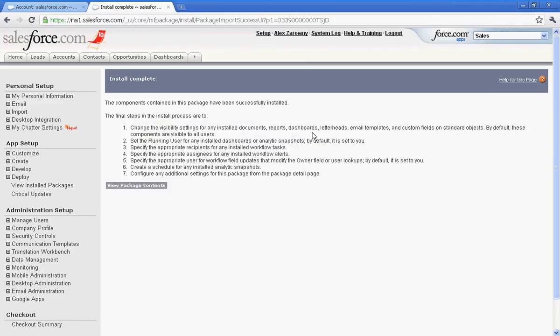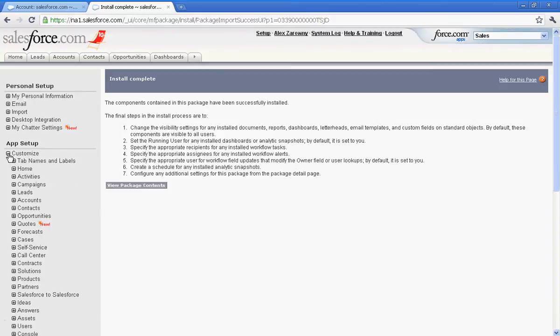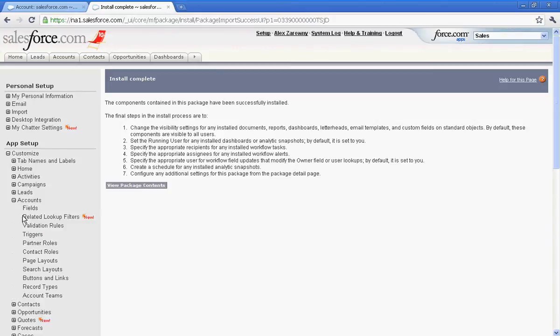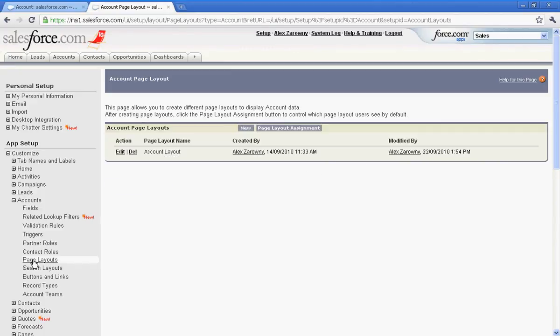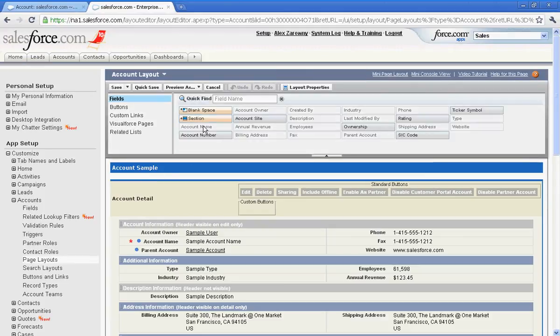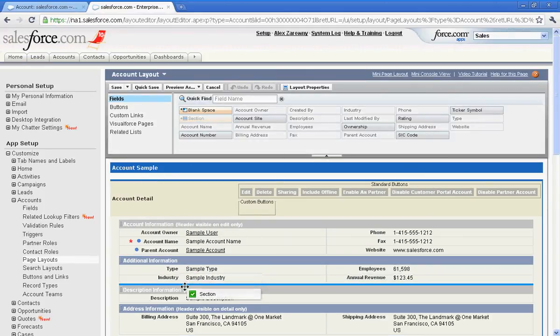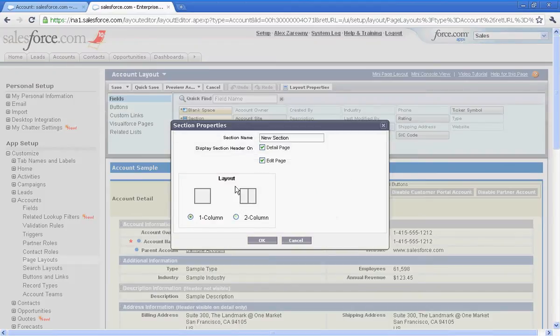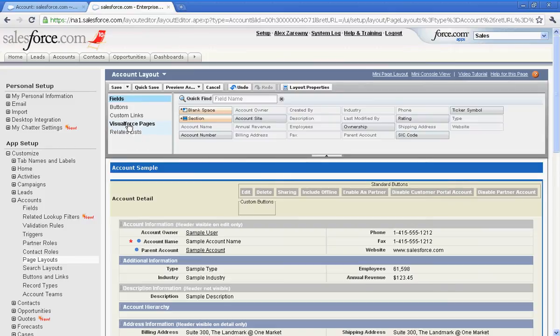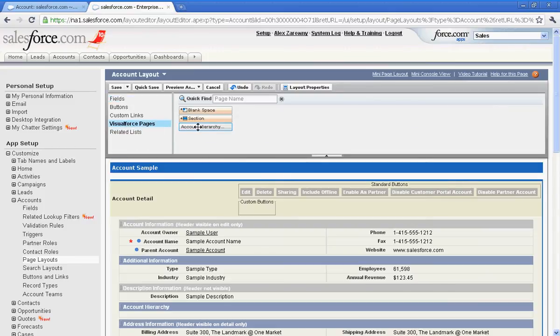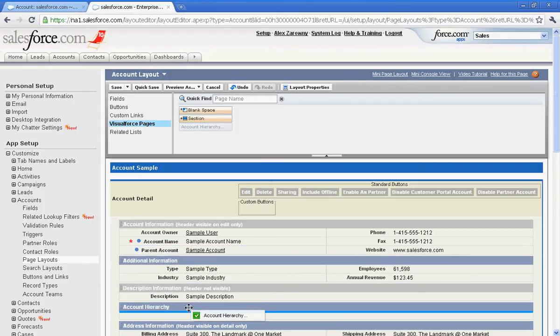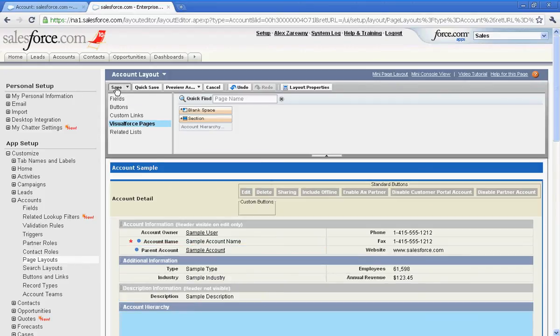Once the install is complete, I can now just simply go into Customize, Accounts, Page Layouts, and I'm going to add this field to my page layout, this new Visualforce component. So first I'm going to create a new section, make it one column, and call it Account. Into my Visualforce pages, I can see the account hierarchy Visualforce pages available. So I can drag and drop that in, hit save,